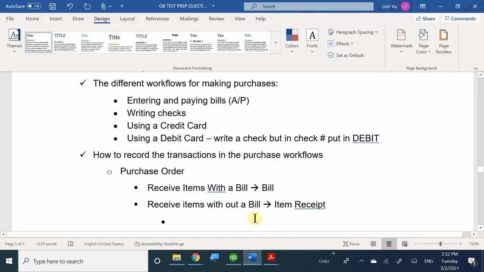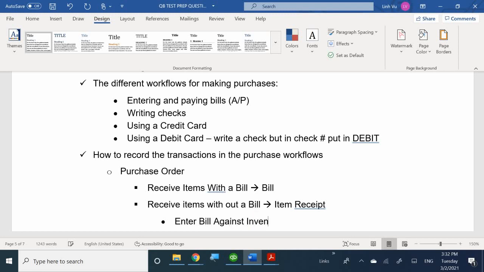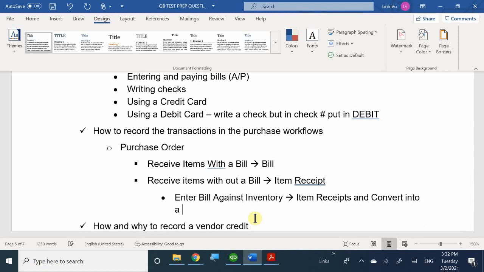So enter bill against inventory will take item receipts and convert them into a bill. Okay. So in this case, if we choose the receive items with the bill, it automatically skips